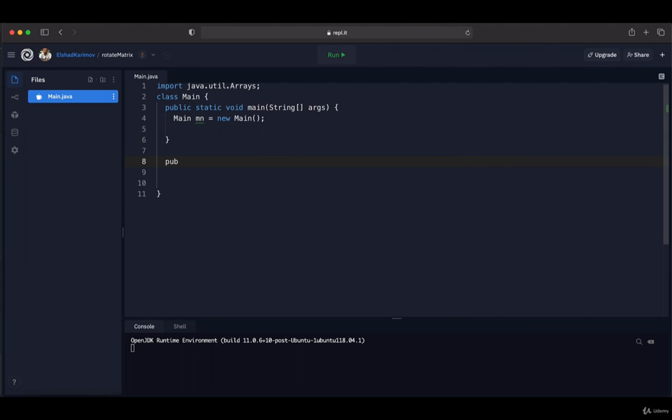So in this case, I'm going to declare our method like this: public Boolean rotateMatrix. As a parameter, it's going to take a two-dimensional array, so it's going to be an integer array, a two-dimensional matrix. Then inside this function, the first thing that I'm going to do is check that if the row